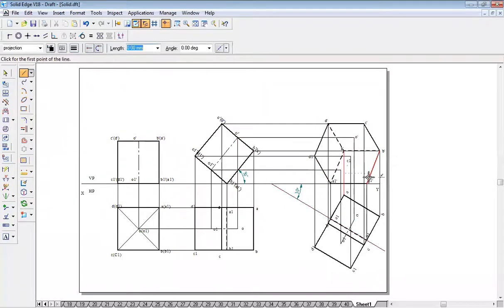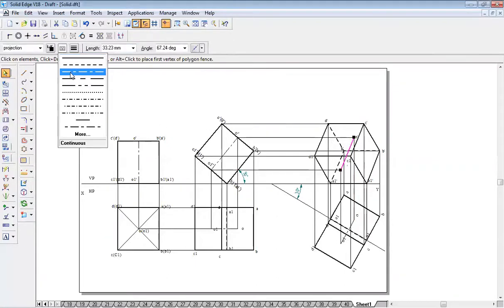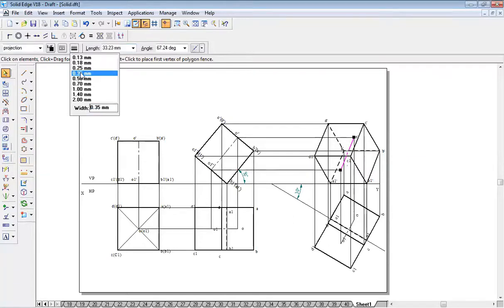So B1 to C1 dark line, C1 to D1 dark line, then C1 to C also dark line. O to O1 chain line. Change this line style to chain line, and you can reduce the thickness also, not a problem.